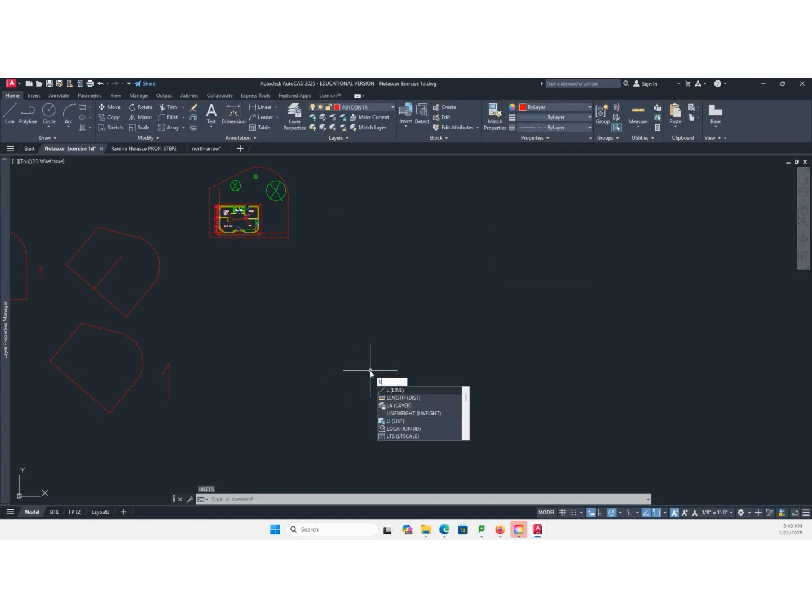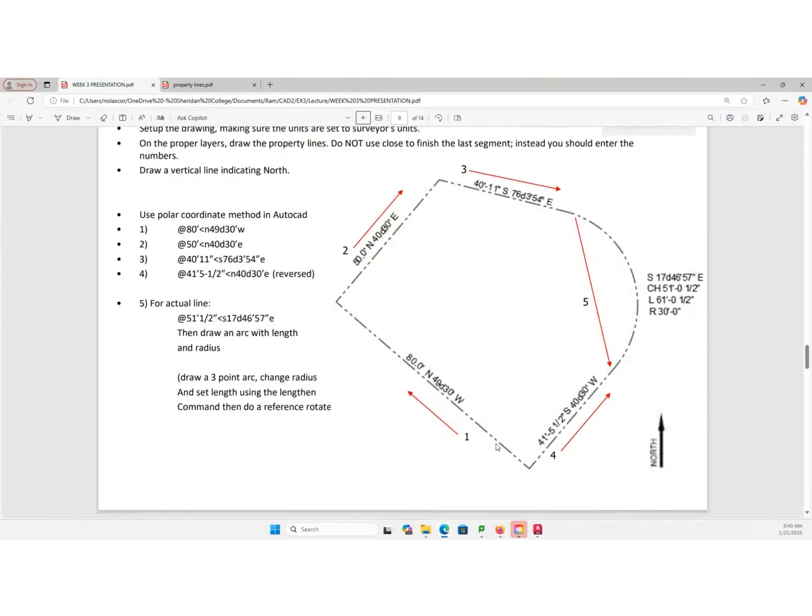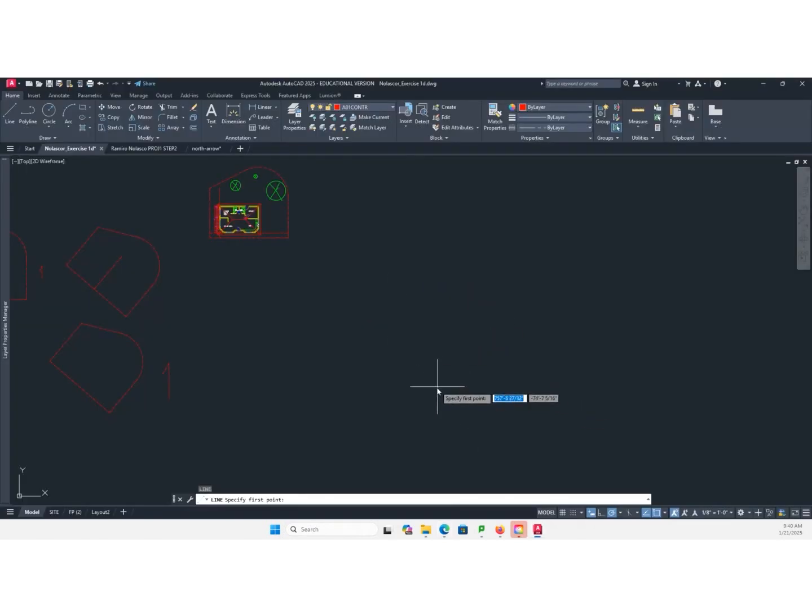And then you start the line command, L. Here we start from the bottom. That's line number 1. The value is 80 feet, north 49D, 30 minutes, W. You start here, you say at, which makes the pick point your x0, y0.